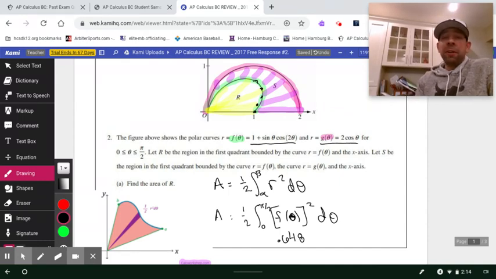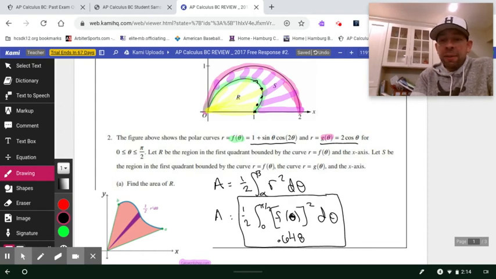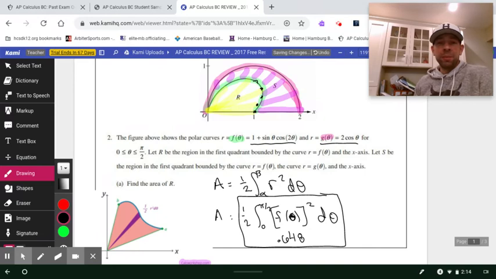So I very, very rarely switch my calculator to polar mode. I keep it in function mode, and that's the easiest way to evaluate an integral like this. The other benefit, and it may not come into this problem, but kind of a little secret ninja tip here,